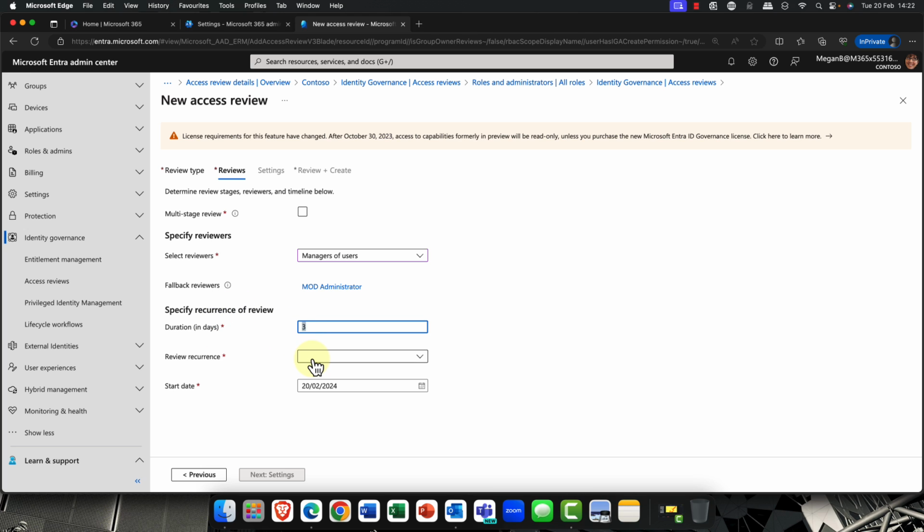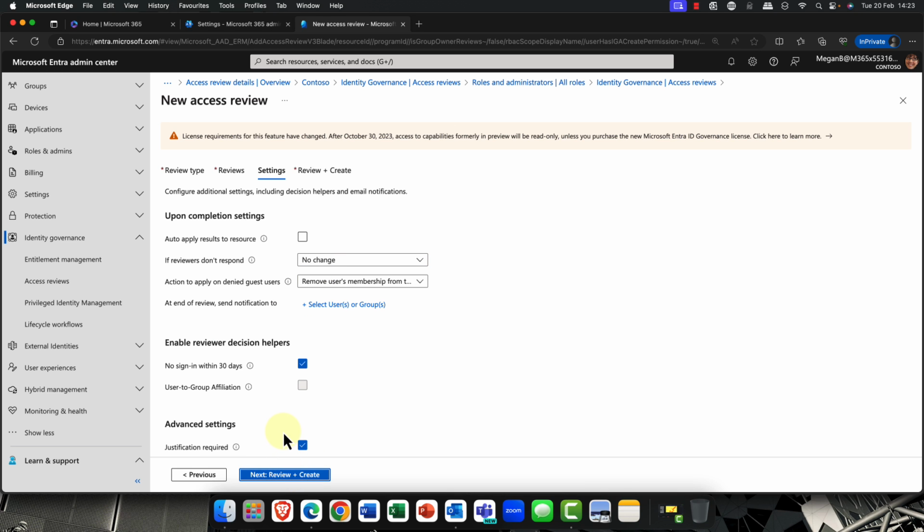Next, the recurrence. How many recurrences do you want, and how often are those occurrences going to take place? So for example, I might say, yep, I want it to be over the next 4 years. So I'm going to go into here and say once a year, or perhaps even quarterly or semi-annually every 6 months. When's it going to start? You can change the date here, or if you want it to end on a specific date, and so on.